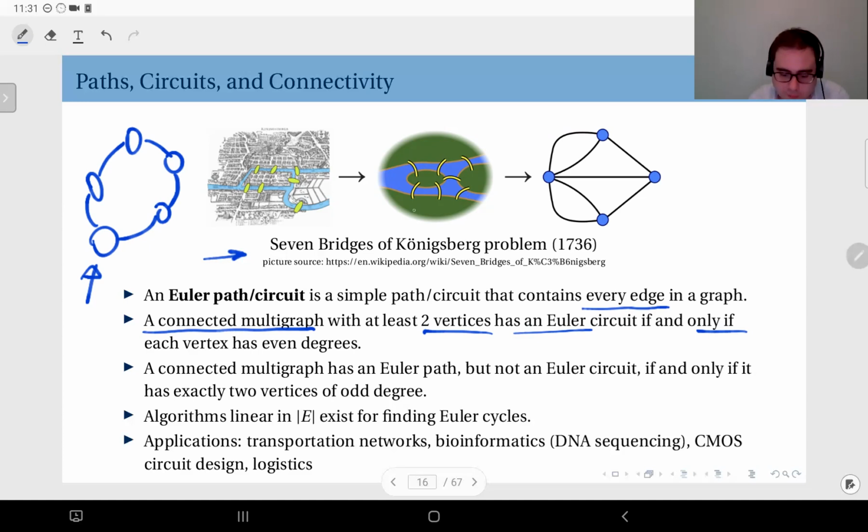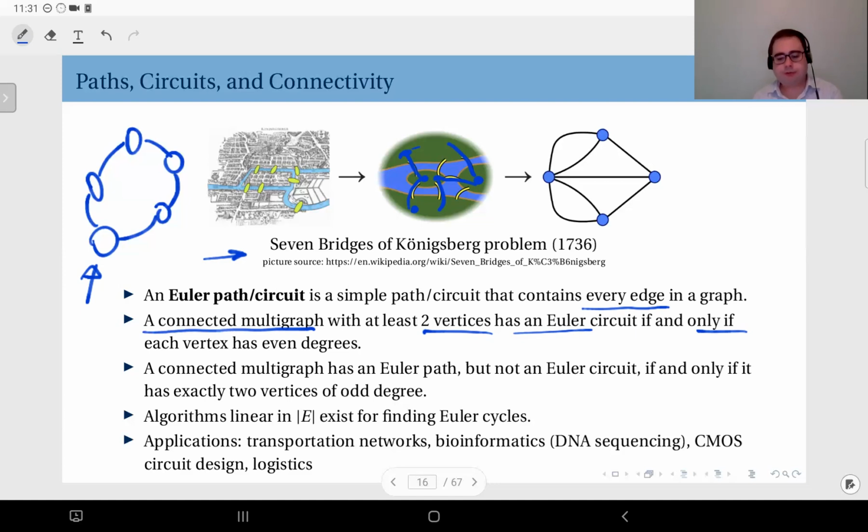For instance, you start from here, you pass through this bridge, you go into this island, then you pass through this bridge, you are in this island, and then you pass through this bridge, you are in this island, and you pass through this bridge, and then this bridge here, etc. So is there a way to pass through all the 7 bridges and end up at the same island you started initially? That was the question, and Euler had an answer to that, and he actually proved that it's not